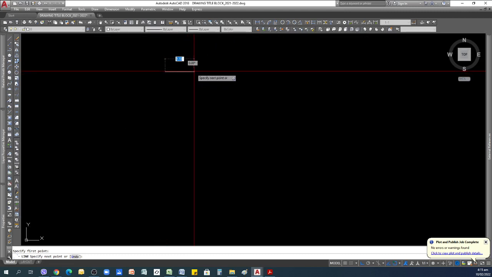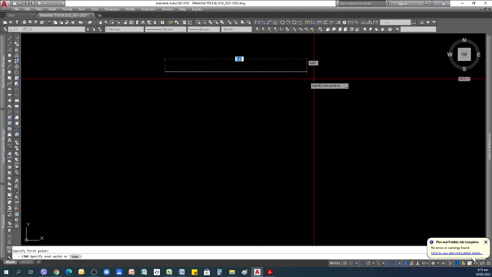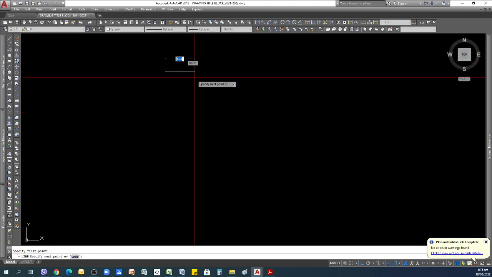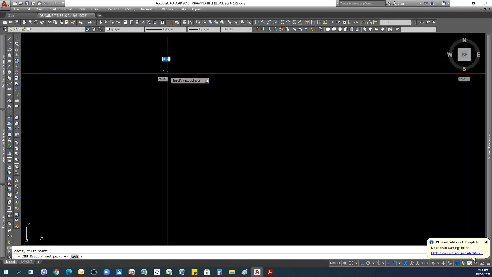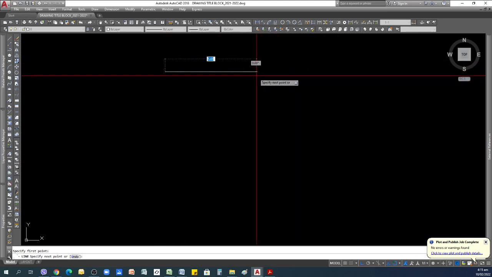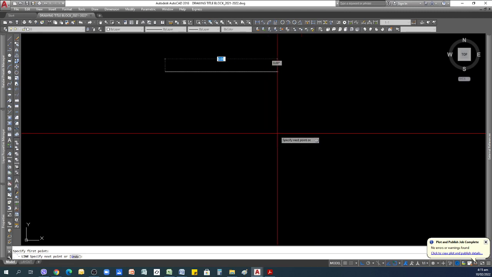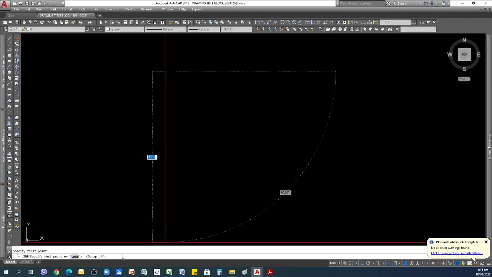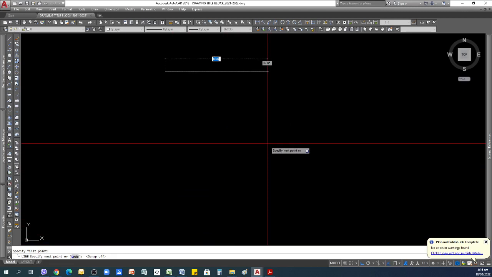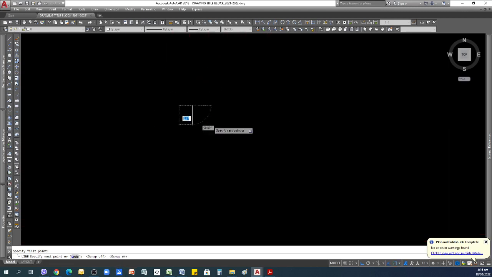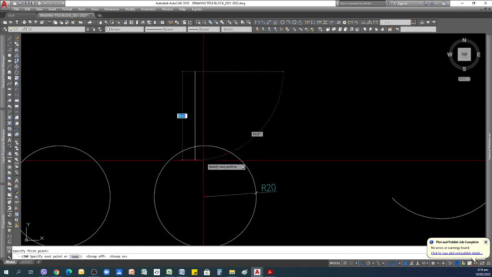Remember this also, a while ago I demonstrated the ortho, which locks the horizontal and vertical. This time there is a setting wherein you can lock the starting point and then the end point, and sometimes the middle. So you have to go to OSNAP, object snap, which you can toggle by pressing F3. F3, you see here, it goes off, and if you press F3 again, it will go on. It goes on. So you see now